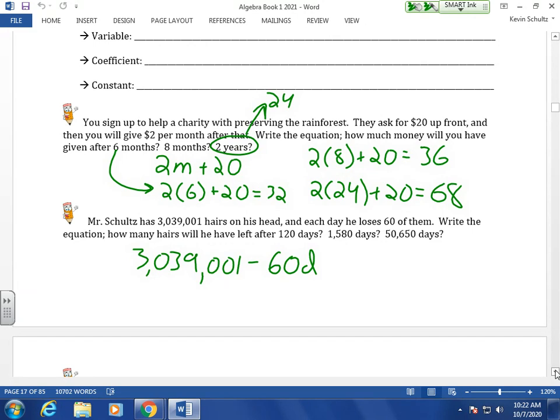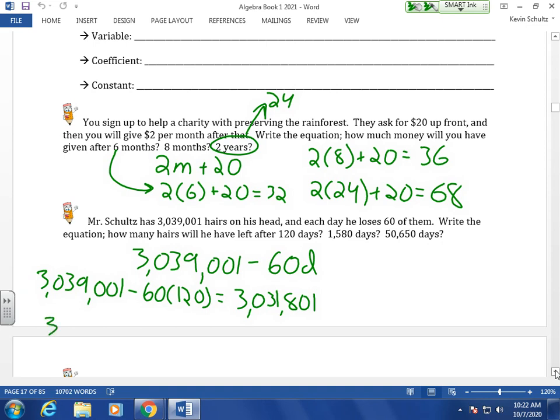So your three calculations, you've got 3,039,001 minus 60 times 120. How many hairs will I have left after 120 days? Who's got that calculation for us? Caleb. 3,031,801. Still a lot, right? I can still do a lot with that. Straighten it, maybe braid it, whatever I want to do. Okay. Next one,